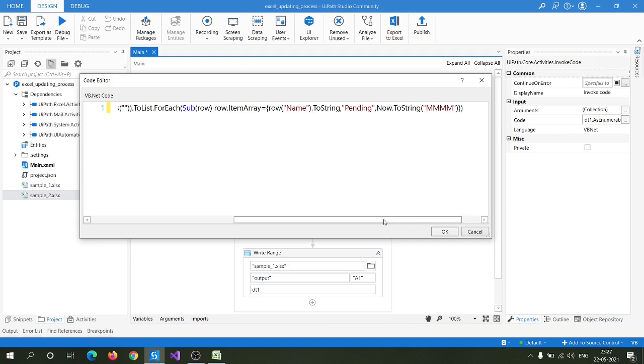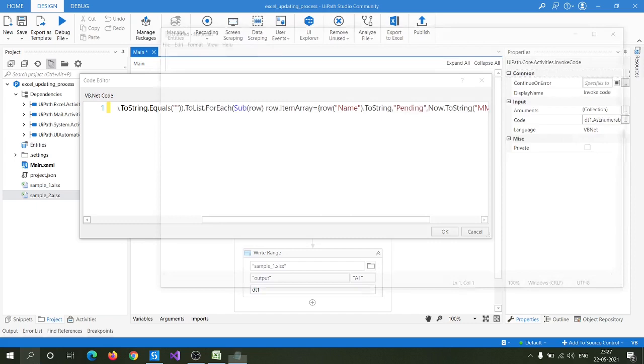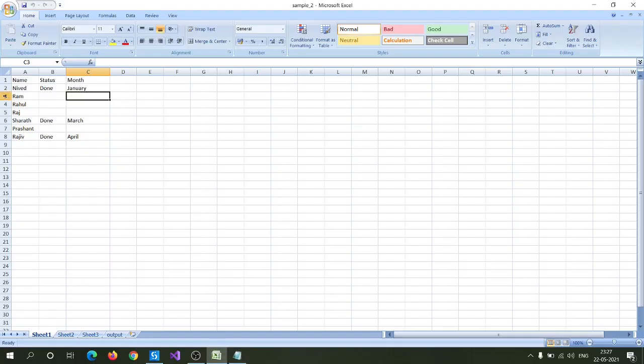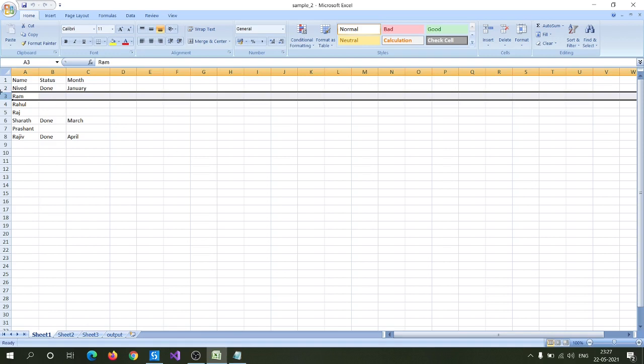So we can update multiple column values here. What I have done is actually update the array. With Notepad I can explain better. Let's take the example of this third row.